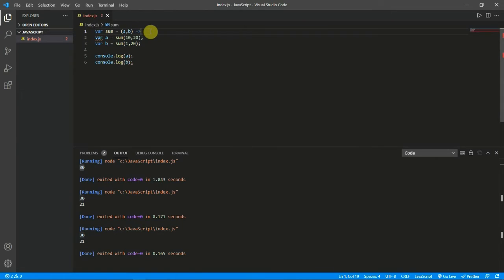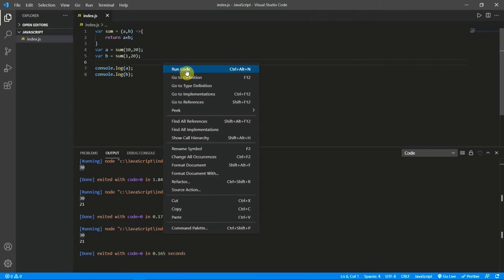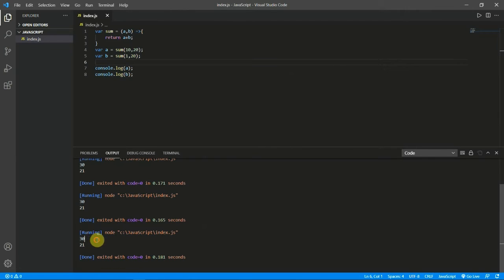This is basically called an arrow function, and arrow functions have many uses. I'm not going deep into it, I'm just showing how this is. And then inside the curly brackets you will just return the value a plus b. Now let's run this program and see. Again we are getting the same value as the answer.